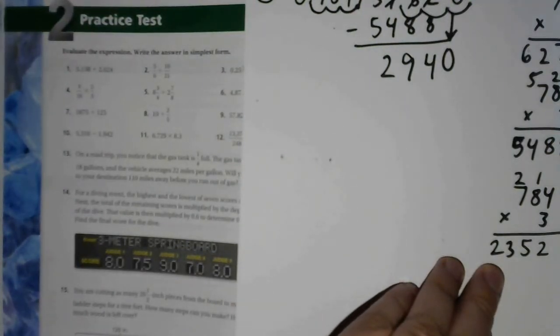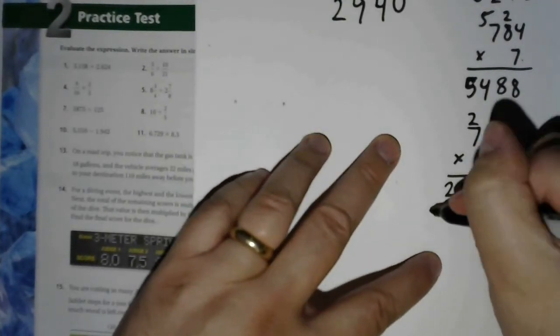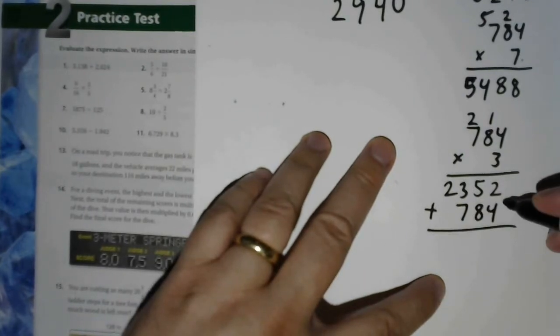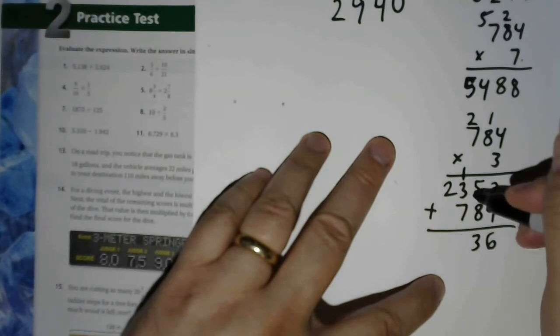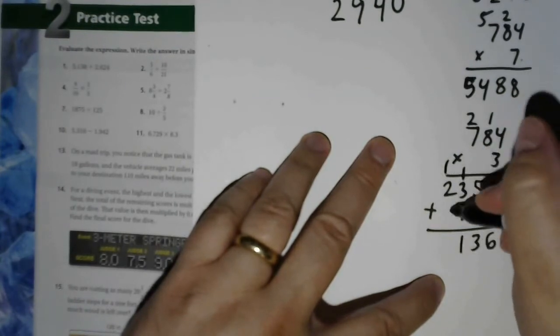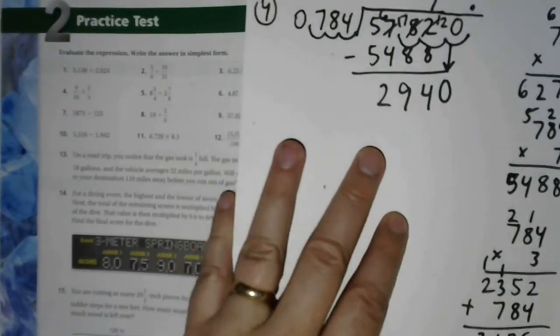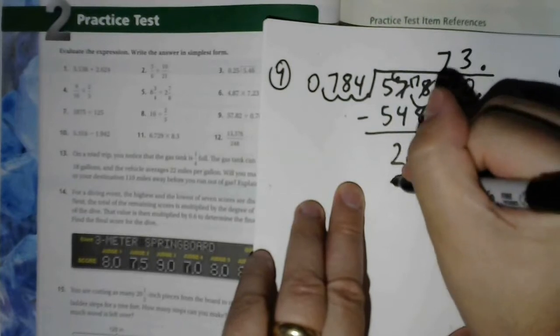I want to try this another way here, and I could multiply this by 4 to see if I can fit another one in there, or I could add on 784. So 2 plus 4 is 6, right? 5 plus 8 is 13. 7 plus 3 is 10, plus 1 is 11, and then I have 3. So look, that would be over. So I was right with my guess. That should be a 3. 3 times 784 is